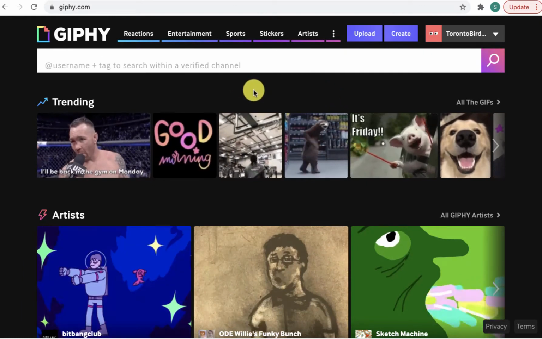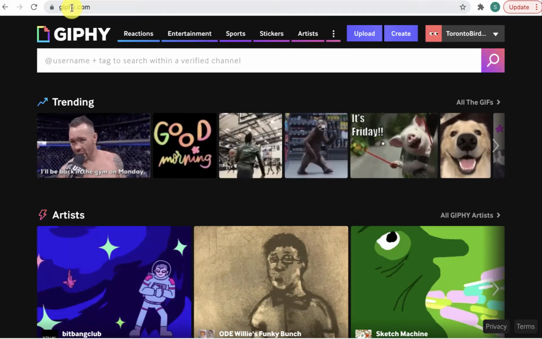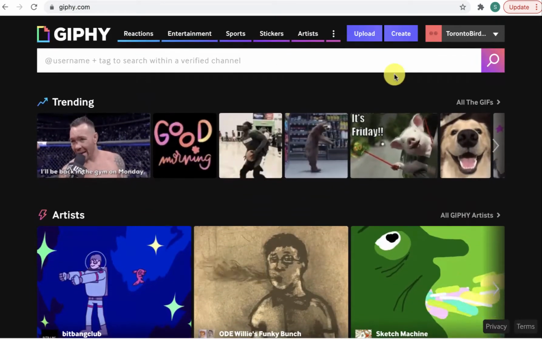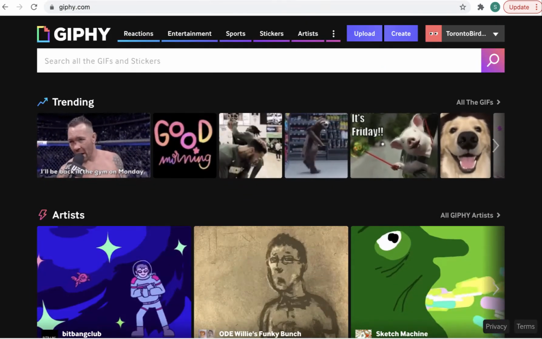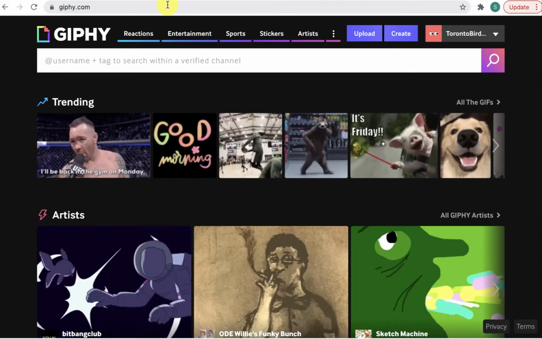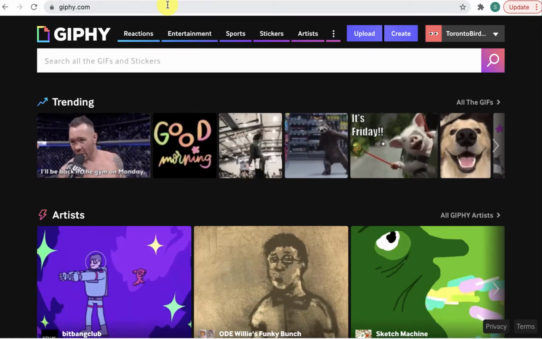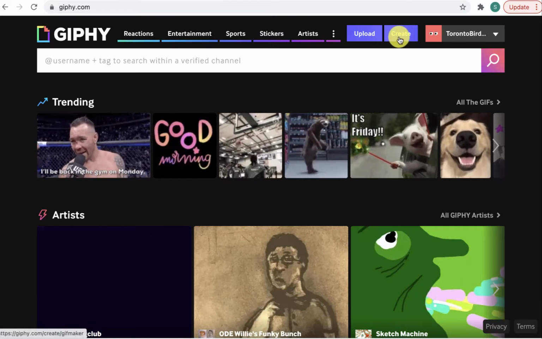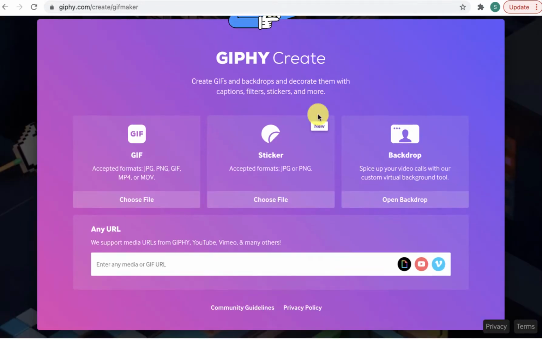And so you can go to places like GIPHY.com to find an animated GIF. So I could do a search here and choose one that I like, or you can create one. So GIPHY is one of many options for creating your own original animated GIF. So I'm going to go now into create. So I'm clicking this purple create button, and there's a couple of ways to do this, but I'm going to